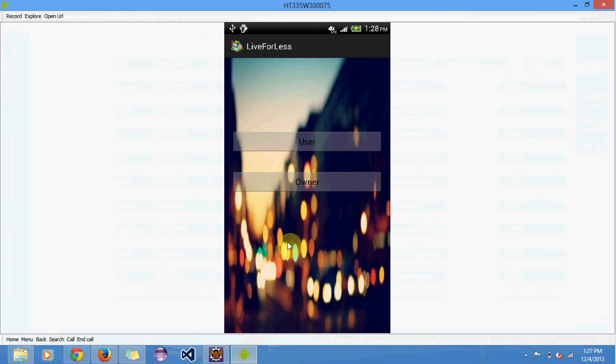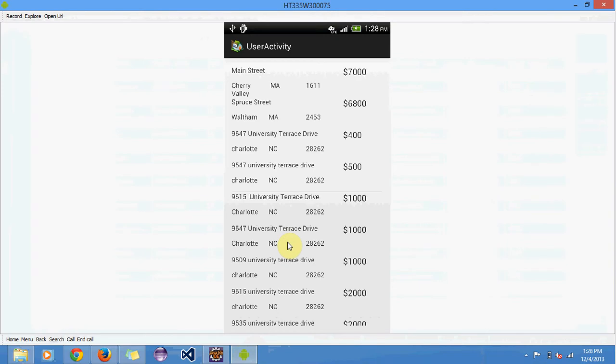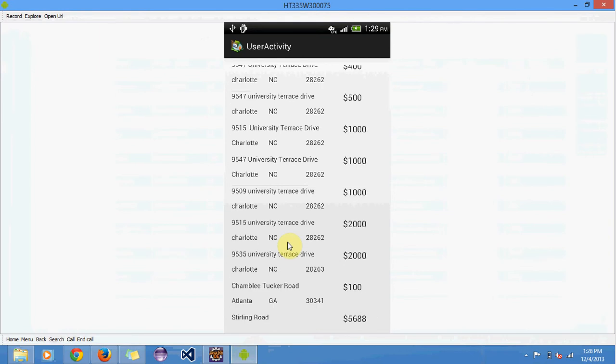Now there's another option for the users if I want to see all the ads that have been published. So I could see the latest ad that was published here by Andrew.